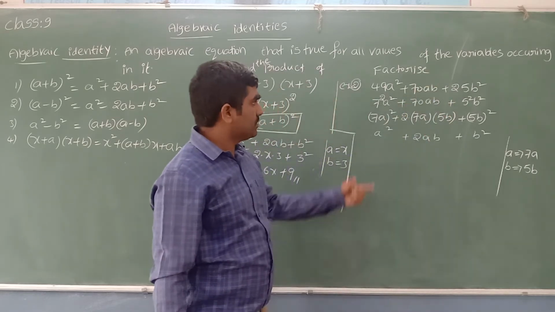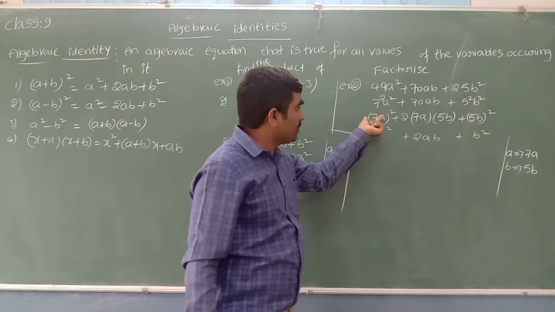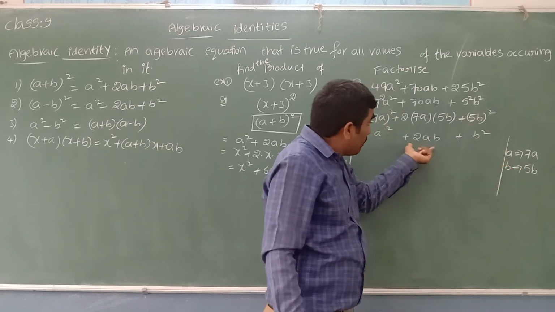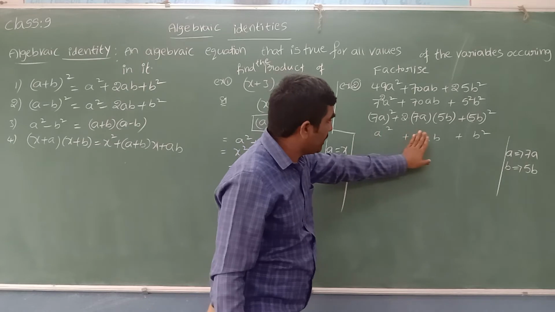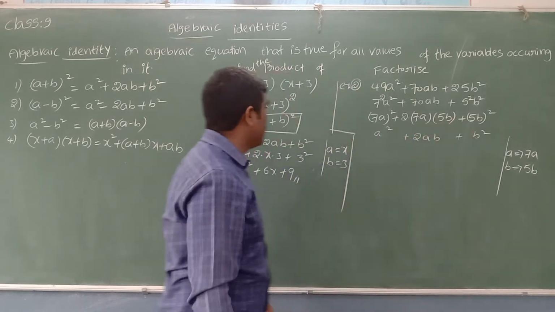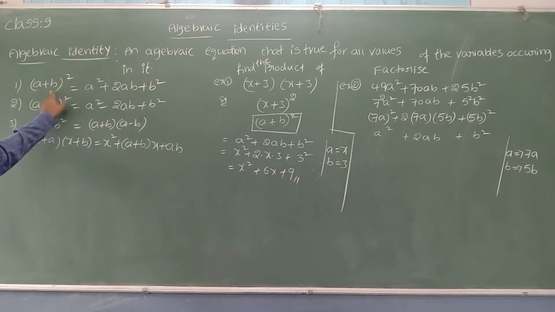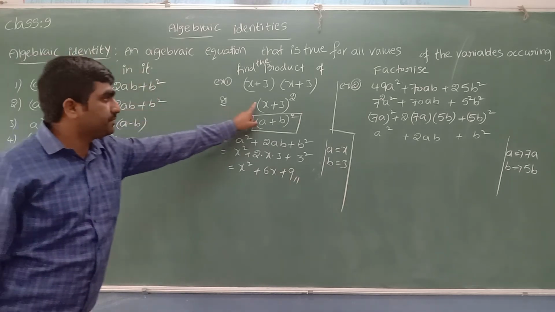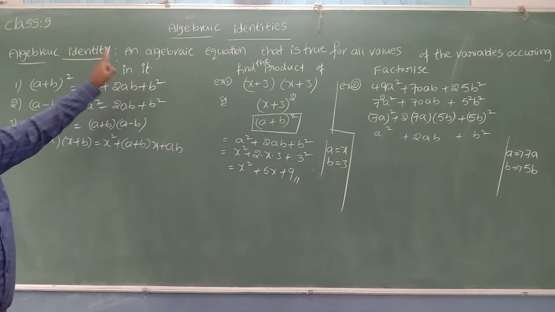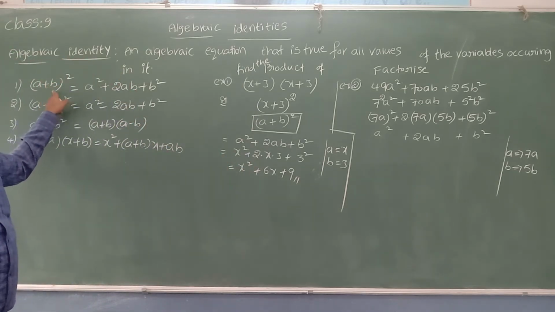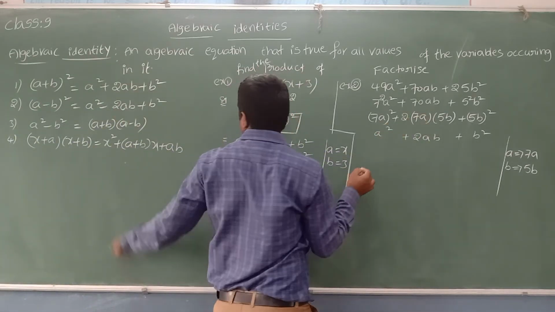Hope it is clear. Just a square, b square I did first. From there I got the values of a and b. Then I went from the bottom onwards for 2ab. So hope it is clear. Sir, it is like in the form of a square plus 2ab plus b square. So when it is like a square plus 2ab plus b square, we can express it like LHS. If it is like LHS, we can expand like RHS. If it is like RHS, we can write in terms of product like LHS. Now it is like RHS, so we have to express it like LHS.